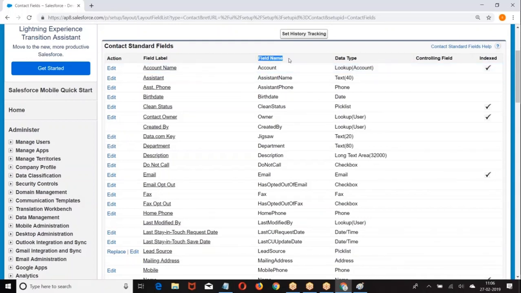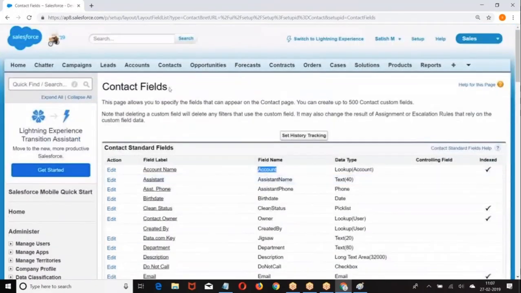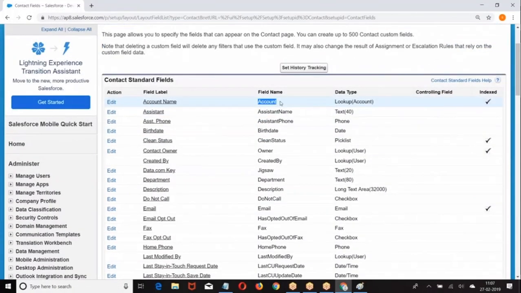In the program, we are always supposed to use the field name, not the field label. The name of the field is account. On the contact object, I have a field called account, which is a lookup. Using this, I am going to refer to the data from the parent.